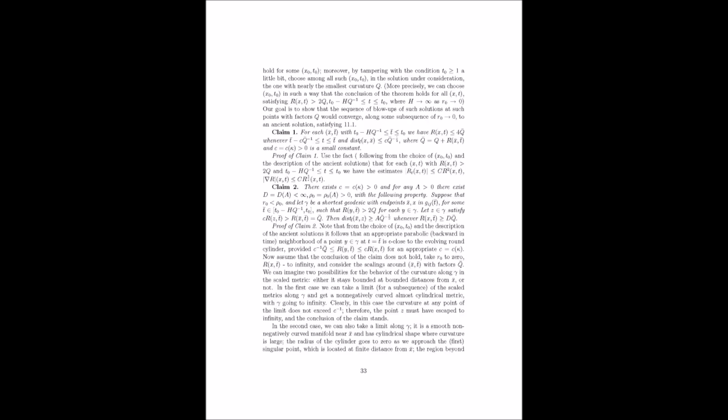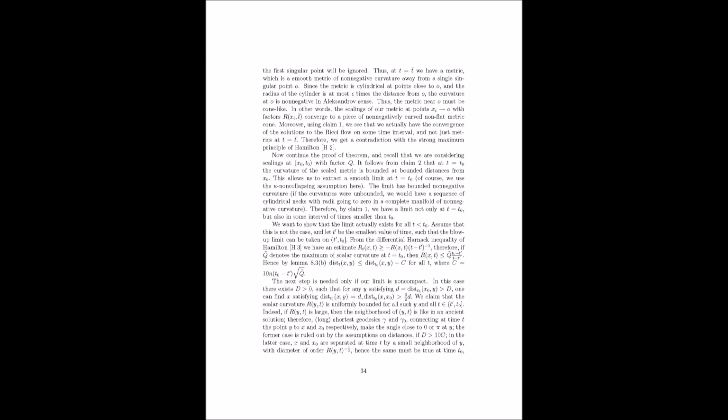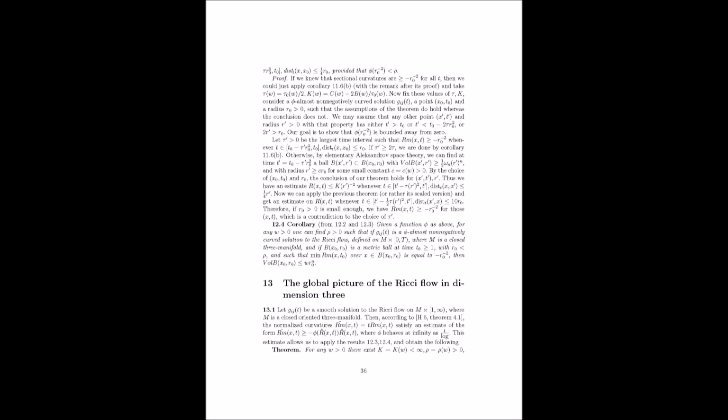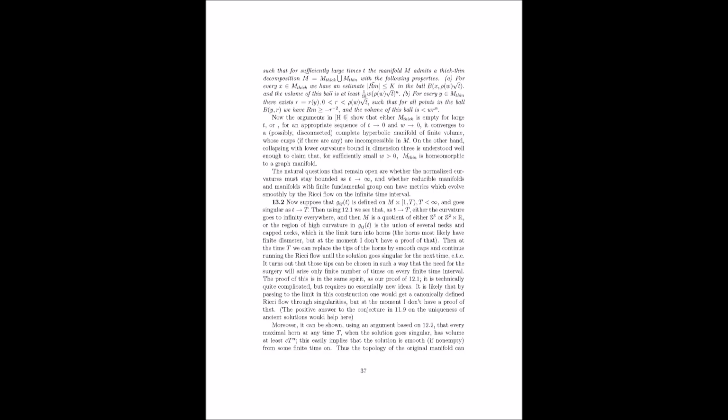But there's one final section of the paper that I think deserves some attention. It's where Perelman focuses on ancient solutions in dimension 3 that have non-negative curvature operator and bounded entropy. So back to those ancient solutions, the prequels to singularity formation, right? What does Perelman tell us about them? Well, he proves that under these specific conditions, ancient solutions can actually be rescaled and blown down to converge to gradient shrinking solitons. Gradient shrinking solitons, the fixed points of the Ricci flow.